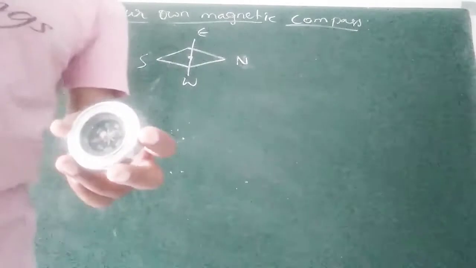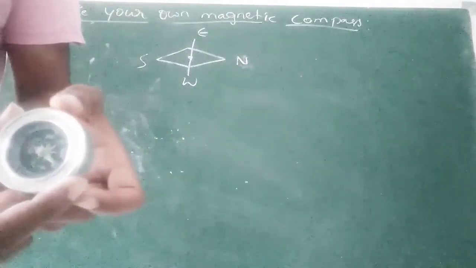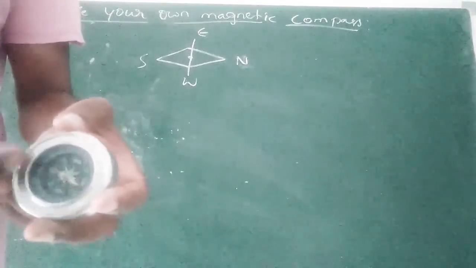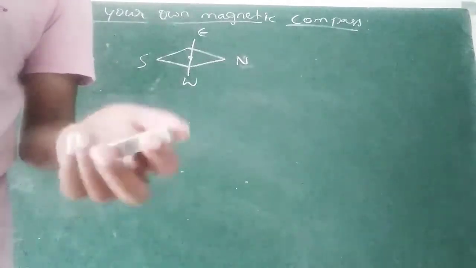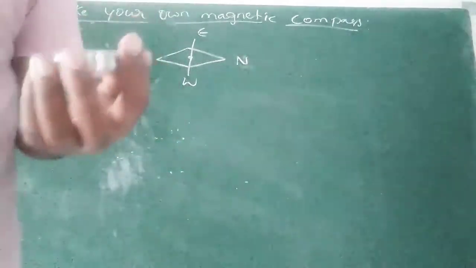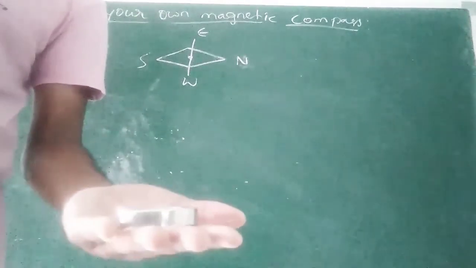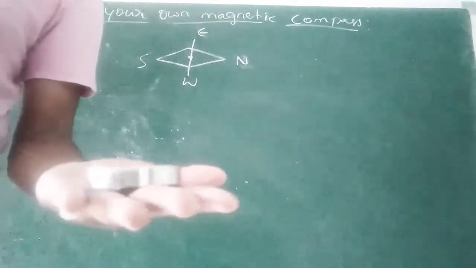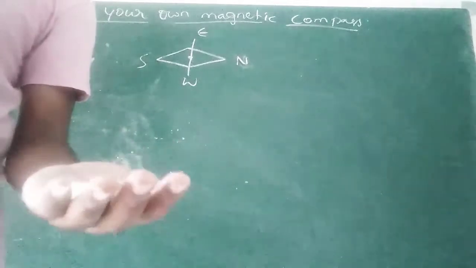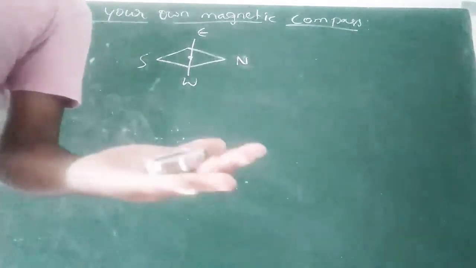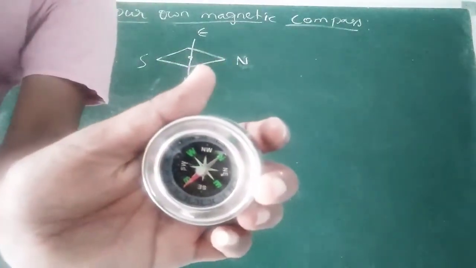So here if you observe, even though I am rotating, the magnetic needle always shows in only one direction, towards my side. So you should not use this magnetic compass like this. You should place it like this, so that we can easily see the magnetic needle. Here I can easily see this. So with the help of this, you can easily find out the directions, and it is the magnetic compass, right?